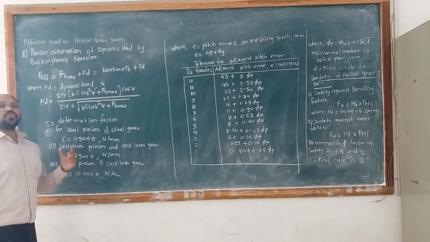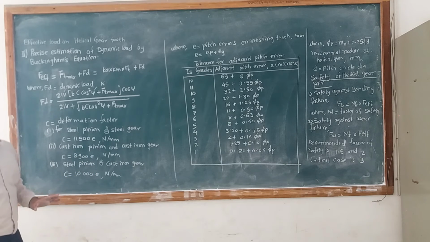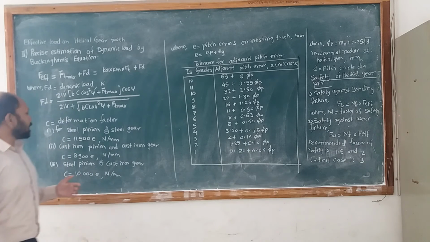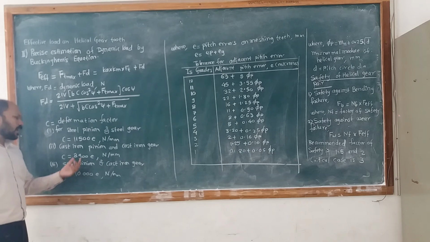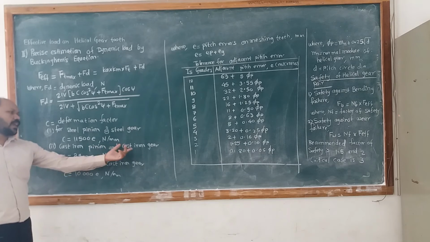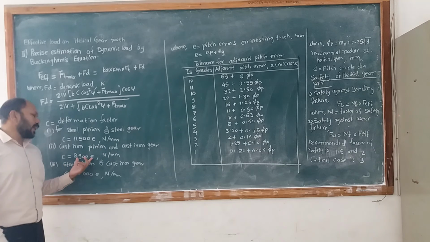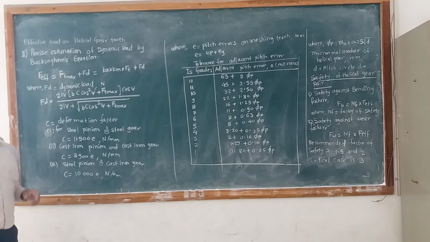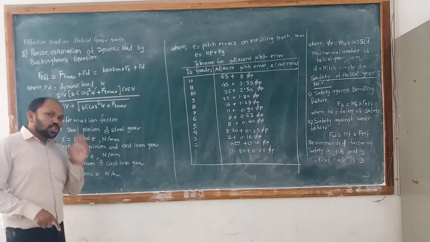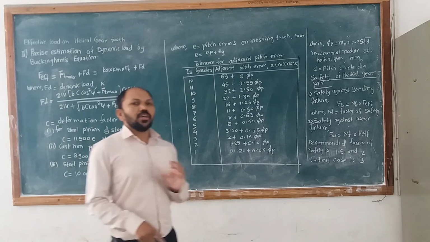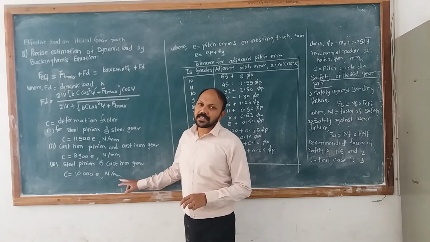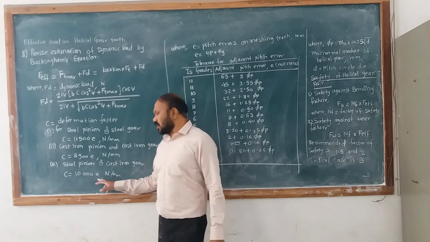If you use both materials as cast iron, because generally steel and cast iron materials are mostly used in case of these gears. So these relations are available. For a cast iron pinion and cast iron gear, C is equal to 8,900 into E. If you use a combination, that is steel pinion and cast iron gear, or the opposite, steel gear and cast iron pinion, then in that case use this formula: C is equal to 10,000 into E.